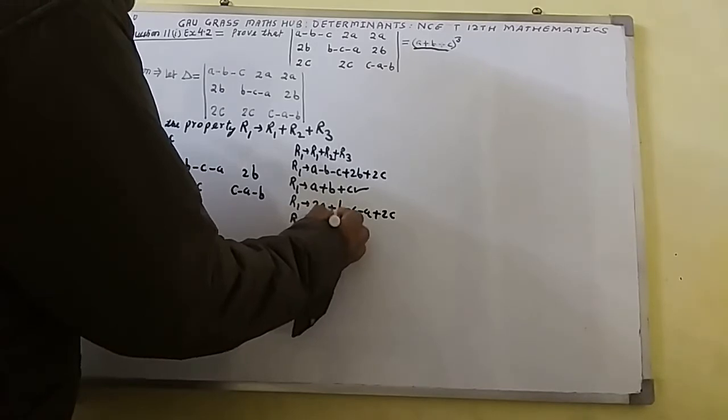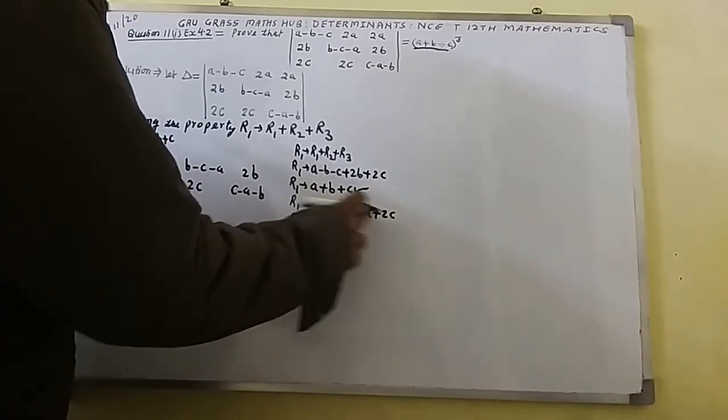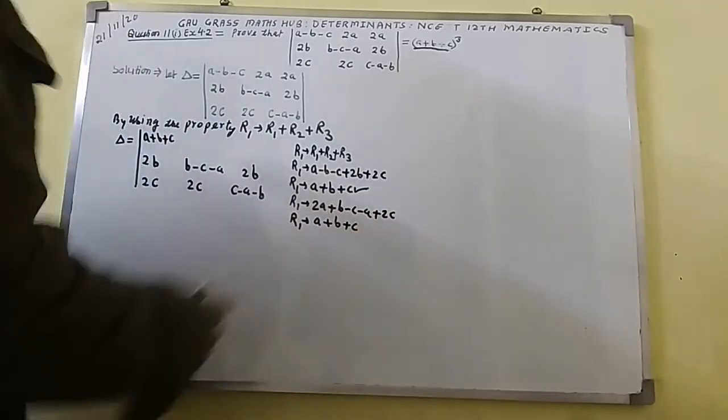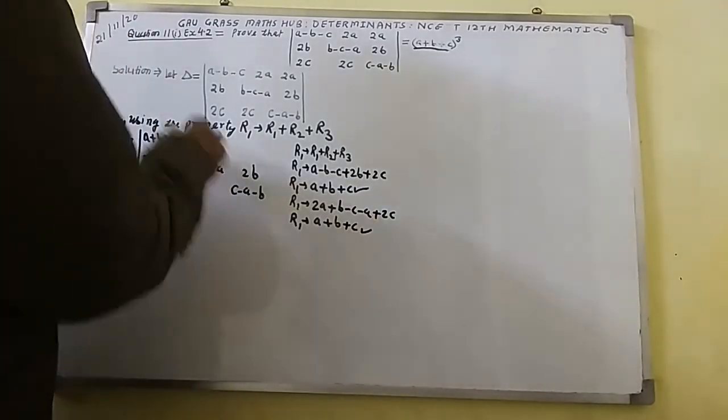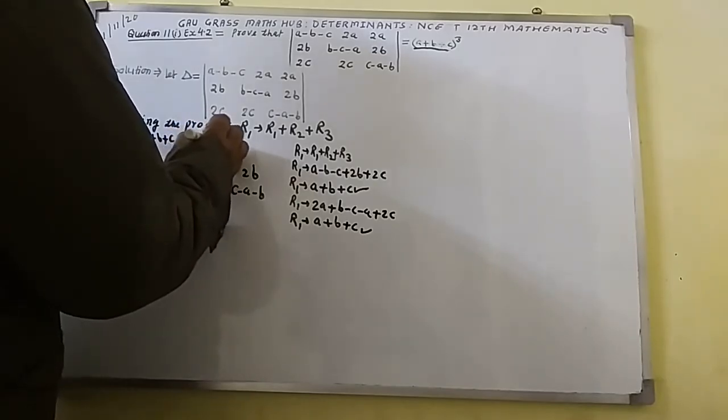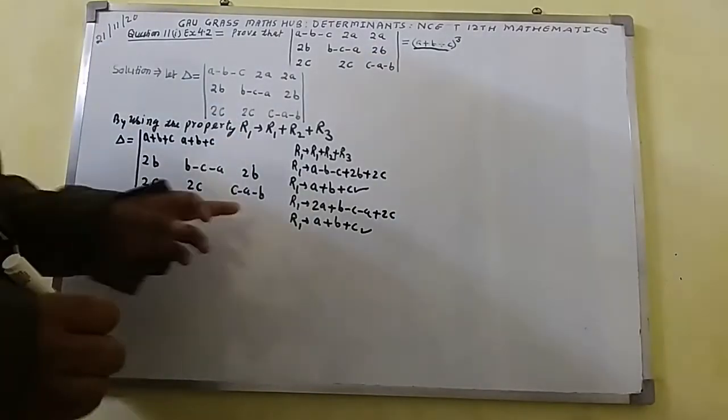Plus B, right here plus B. Minus C plus 2C will be operated, and you will get C. So here I have got this one. This one will be written here: A plus B plus C will be written like this. And again,